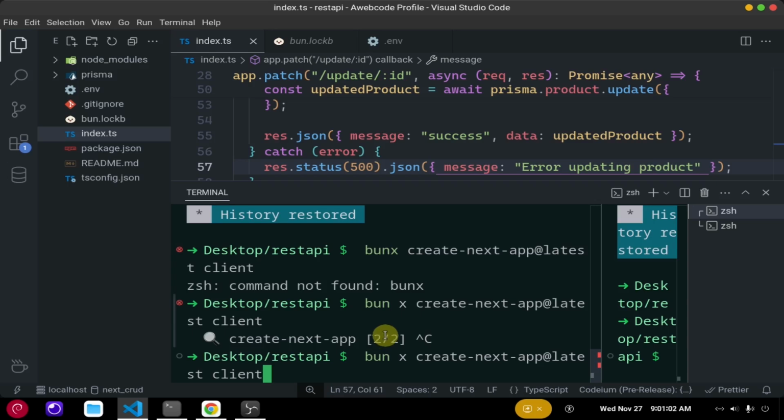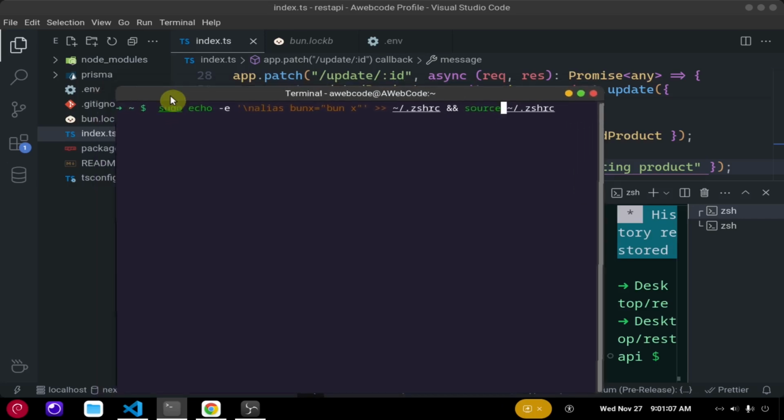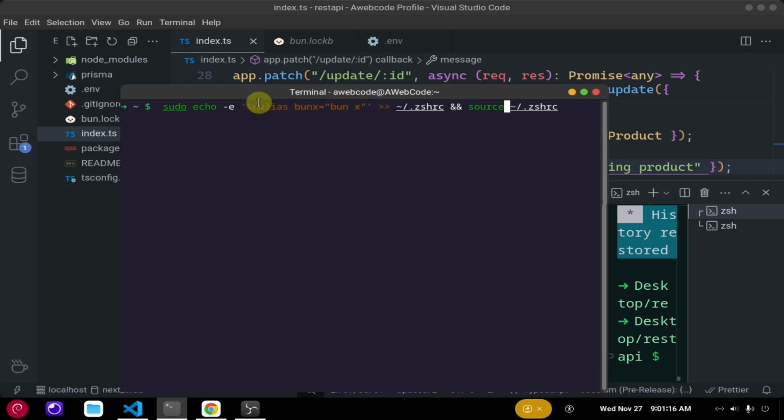Or alternatively, we can just set an alias in our zsh rc or bash rc. So without doing that, we will do it manually by updating the configuration of zsh, with something like sudo nano. If you use bash rc, then you can use bash rc. I am using zsh, that's why I am opening my zsh